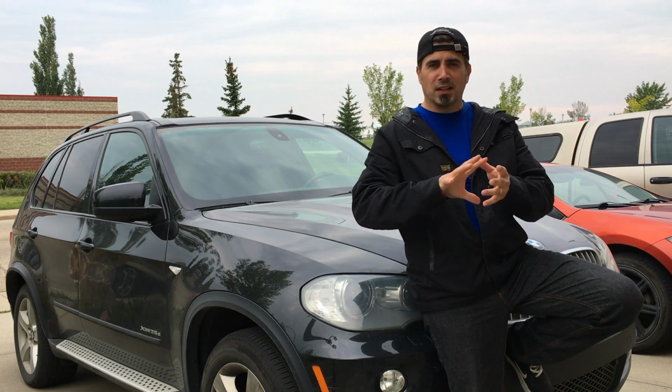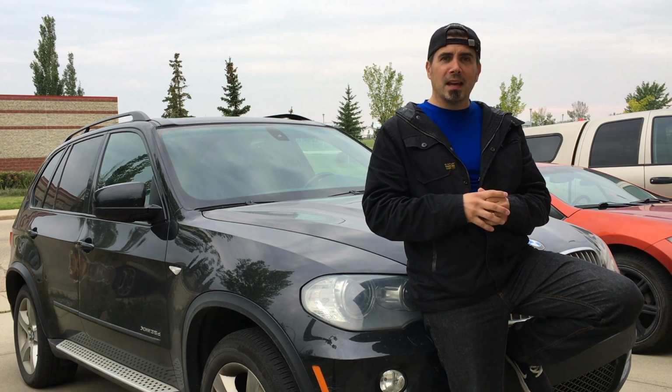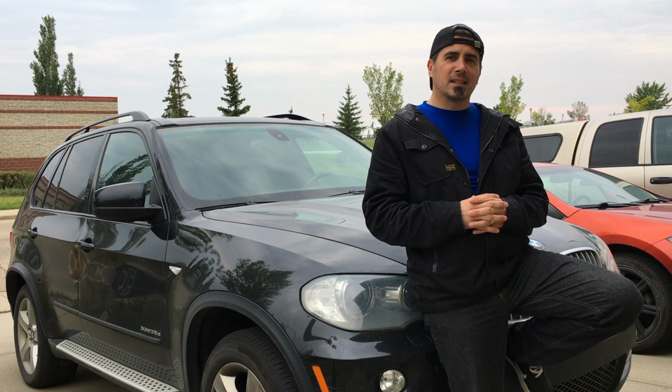There were some cosmetics like spoiler upgrades and things, but in essence, it was an upgraded 330ci. And the ZHP package was a really, really nice performance version. That being said, we're really essentially talking about reliability, and the 330 had the 3-liter inline 6 engine that was